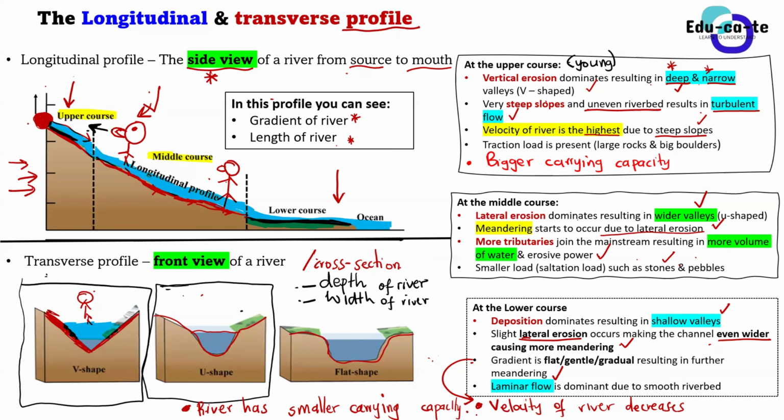And then now you explain that the river has a lower carrying capacity. Why is your river having a lower carrying capacity? This is due to the small velocity, because the water is not moving so fast. So it has a smaller carrying capacity. You are explaining to the examiner, you understand why the river cannot carry a load anymore. The river cannot carry load anymore because it now has a lower carrying capacity. Okay, what's causing the lower carrying capacity? It is this decrease in velocity.